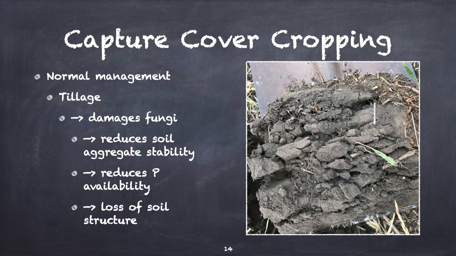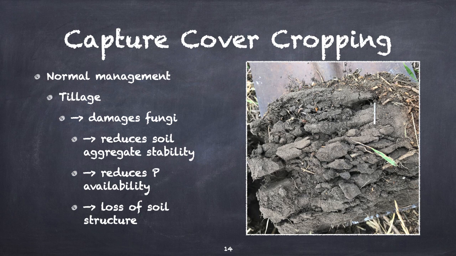So the reason that we have better aggregate stability in reduced tillage is because tillage damages fungi, and that damage reduces fungi components in the soil, which reduces your soil aggregate stability, which means it'll fall apart. When you have damaged and reduced fungi in your soil, you will have reduced phosphate availability because, especially with the mycorrhizal fungi, there is a bacteria that associates with it that solubilizes phosphate in the soil. So when you have less fungi, you'll have less of this bacteria, and so your availability of phosphate